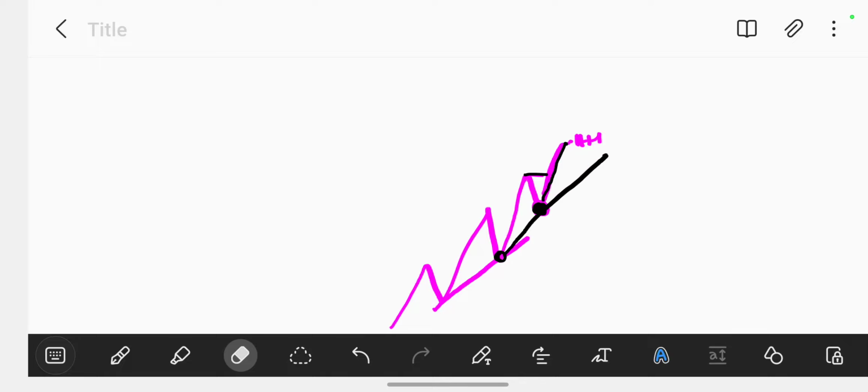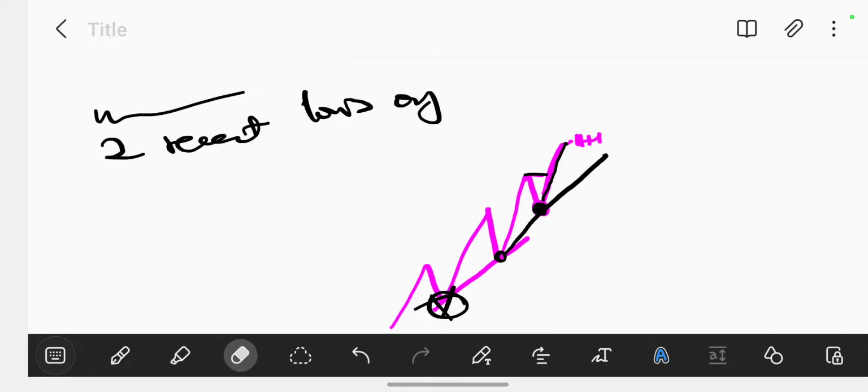Remember I said you don't have to accommodate the old lows. You just need two recent lows on your chart to be able to draw a bullish trend line. So that's point number 3, I think, because I clicked here and then I removed everything. So point number 4, or trick number 4, would be: